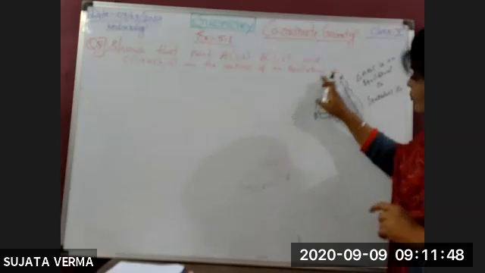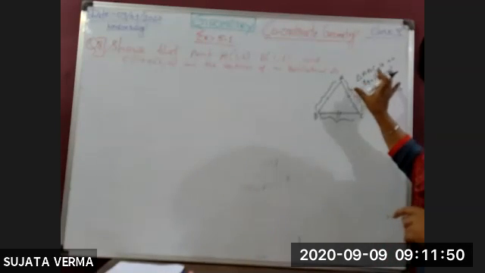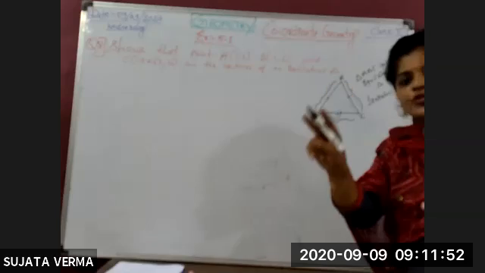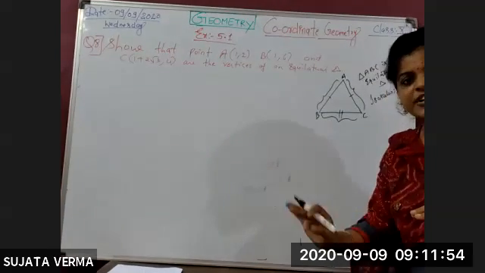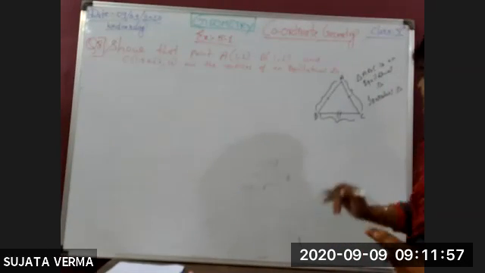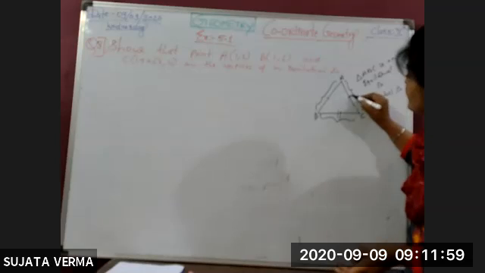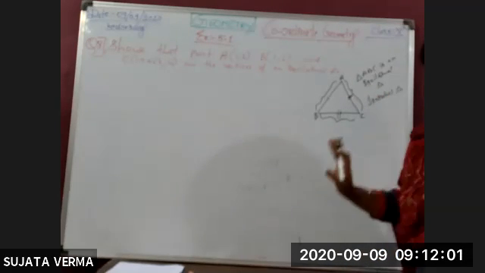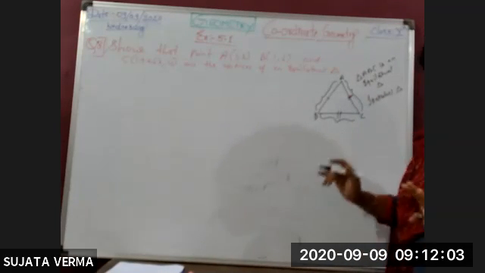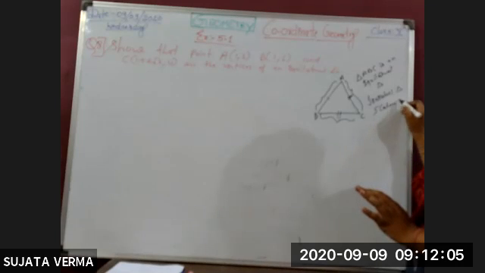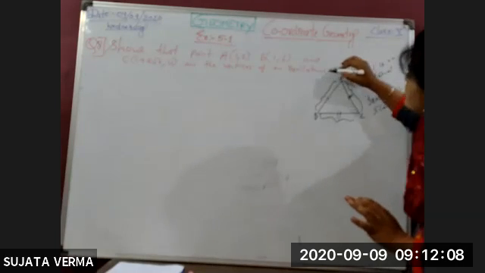Okay. When all the sides are equal, it is called an equilateral triangle. When two sides are equal and the third side is different, it is called an isosceles triangle. But if all three sides are different, it is called a scalene triangle. Okay. So we have to prove that these